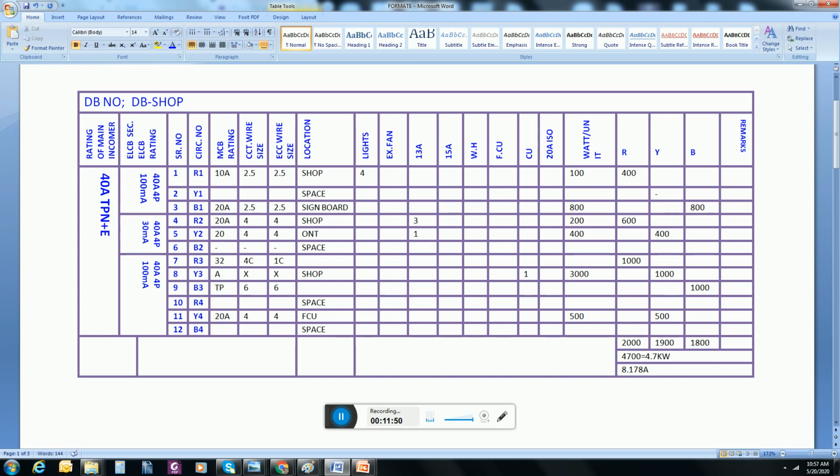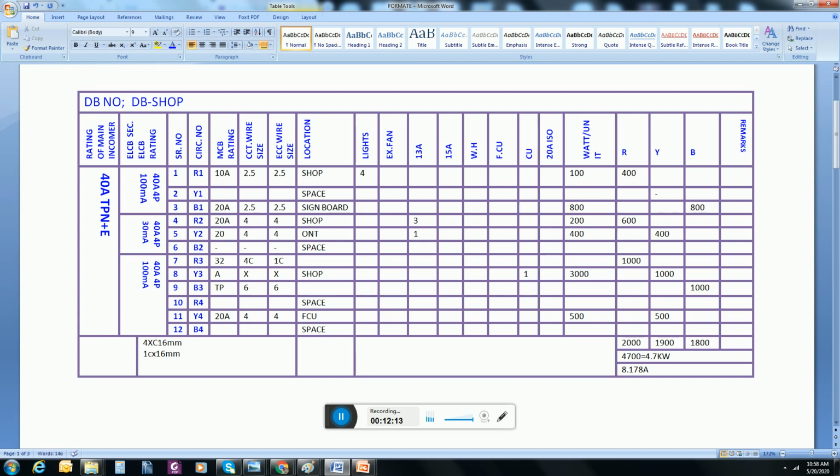If the value of ampere rating is more than 40 and less than 60, we will use a main incomer of 63 ampere. Cable size for 40 ampere will be 4 core 16 mm and single core will also be 16 mm.